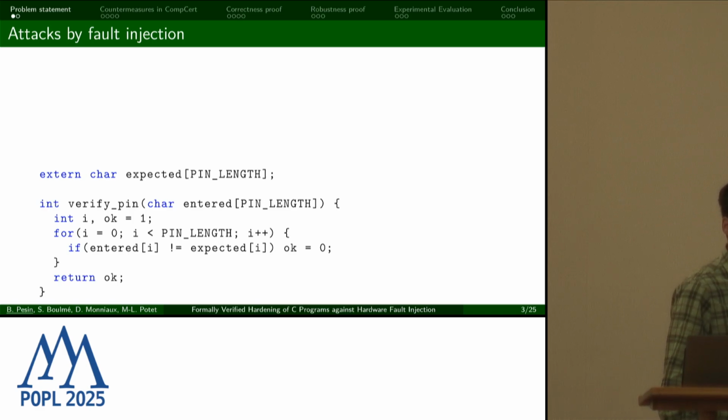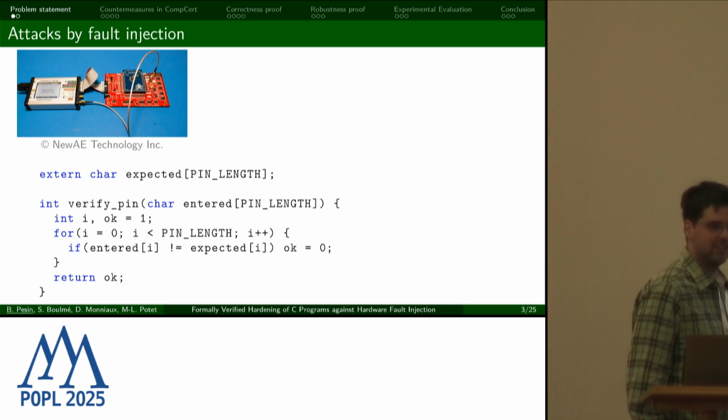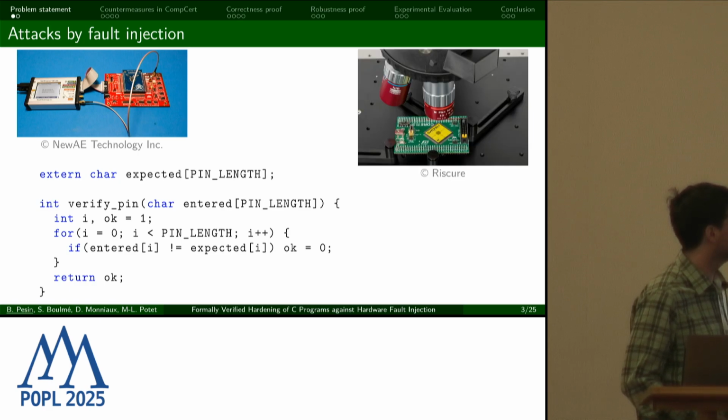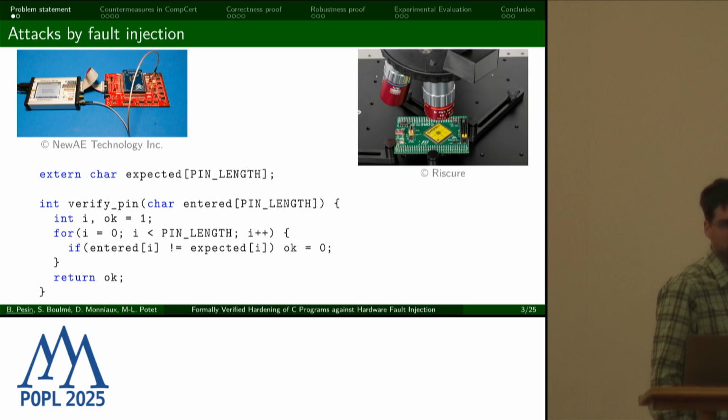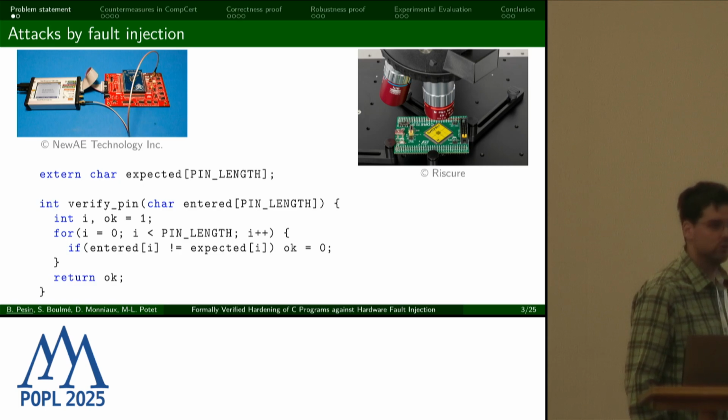And so if you're an attacker, of course, what you want to do is to make this function return OK equals 1, even if you didn't enter the correct pin. So is that possible? Well, actually, if you have physical access to the card, this is possible by using a technique called fault injection, where you typically disrupt the processor using physical means. So it could be glitching its clock signal, or maybe firing a laser at it at a very precise time and place. And this would disrupt the processor, disrupt the execution of well-chosen instructions. And so it could mean skipping this instruction or modifying what it does.